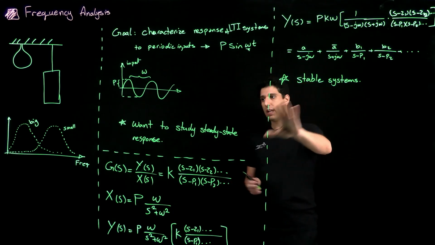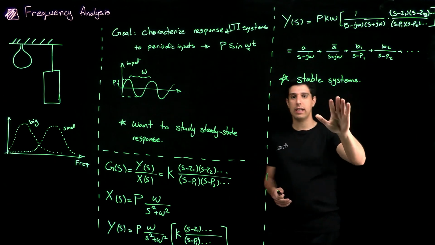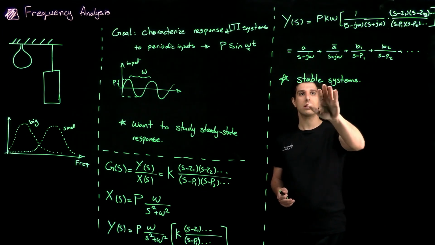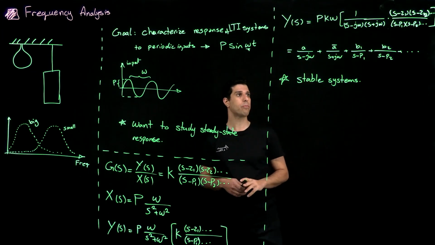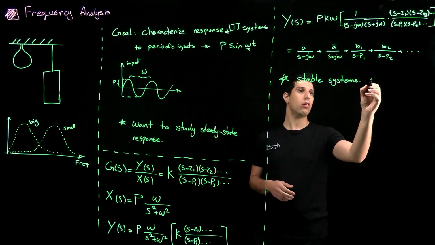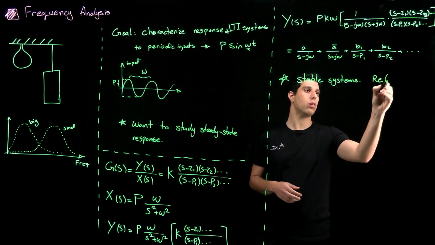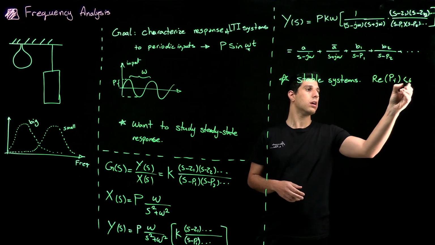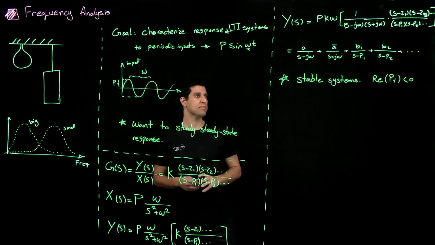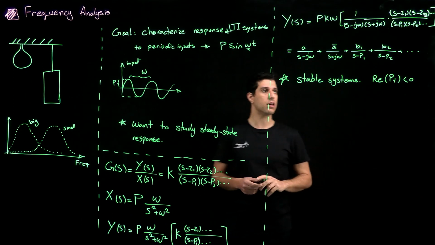So because of that, this entire analysis is conditioned on the system being stable, meaning that the real part of all p_i's is negative. So if we have this condition,